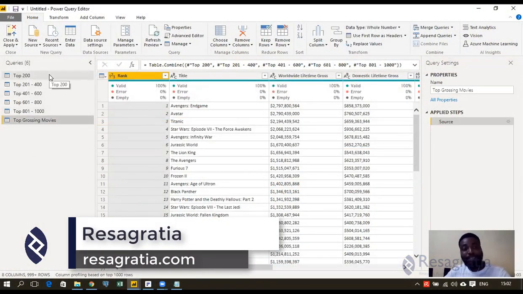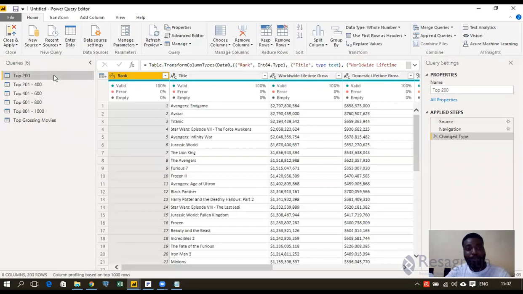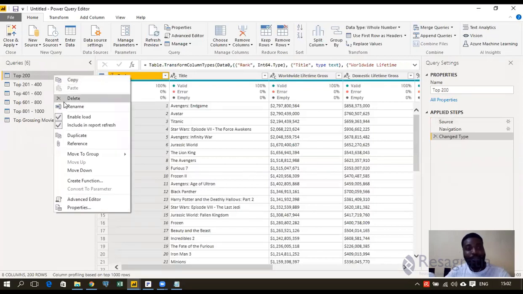We need to bring this into Power BI now, but since we've already created this table, this append, we don't need to bring these other ones into Power BI. So what we do is we right click on each one and uncheck this enable load. The table is still going to be included in any report refreshes. That is, if I refresh the data tomorrow or when you have more 2020 movies,